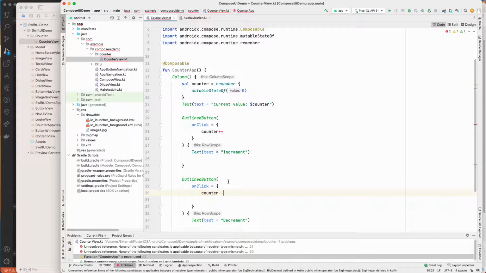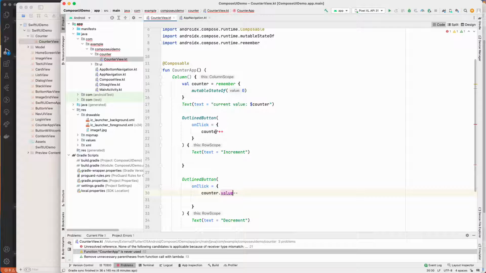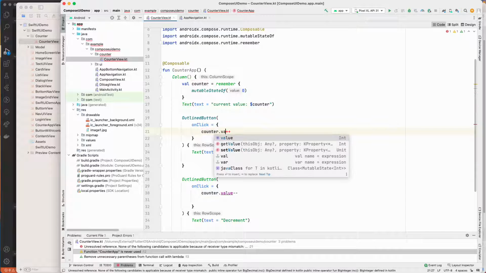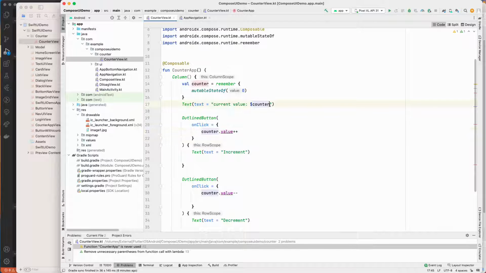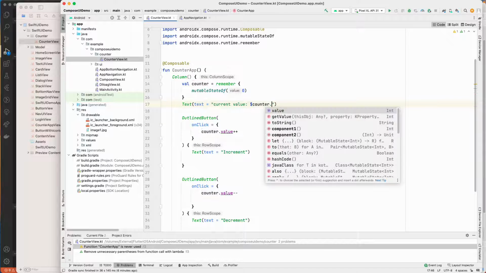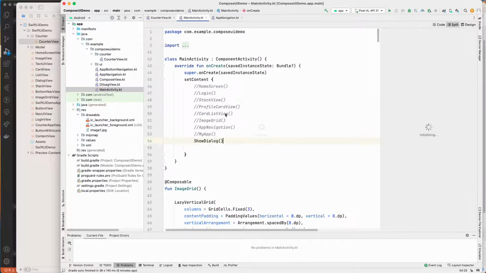and we want to go a negative value for this one. And it looks like there is some error. Okay, so what we need to do is actually get the value over here. This is a mutable state, so we need to get the value. So counter dot value will give us the integer value over here, and here similarly we need to get a value over here. So once we are done with that one, let's go to our main activity,